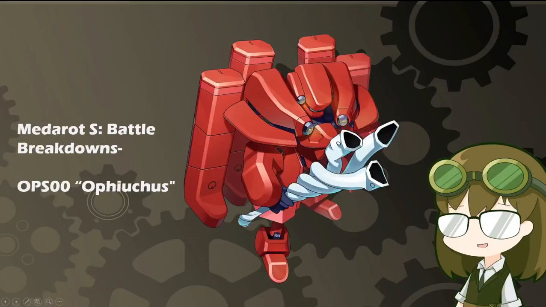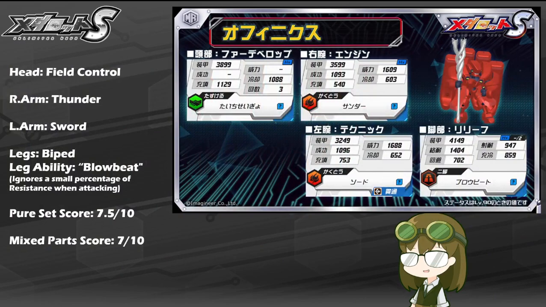Hailing from Medarot Navi's Zodiac series, as imposing as the symbol of the snake that she represents and getting a massive facelift from her original introduction to Medarot S, it is OPS00 Ophiuchus, with a kit of Field Control, Thunder, Sword, Biped Legs, and the leg ability of Blowbeat, which ignores a small percentage of the target's resistance stats when